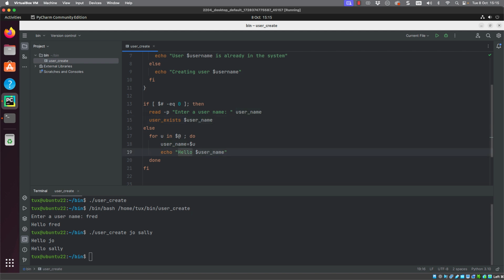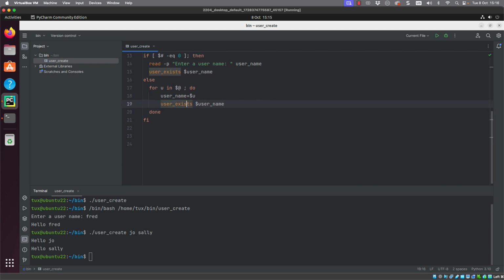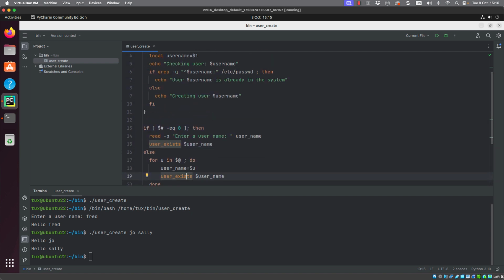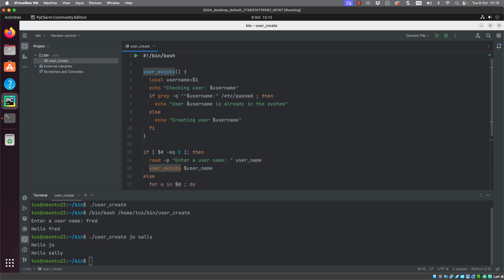As we say, we need to do this in two locations, though, both for the read block as well as for our processing of our arguments. So again, I can go through and just put in that same line, user exists and $user_name. You can see the sense in making sure that we keep the variables consistent between the read block and our processing of our list, so it makes code management simple for ourselves.